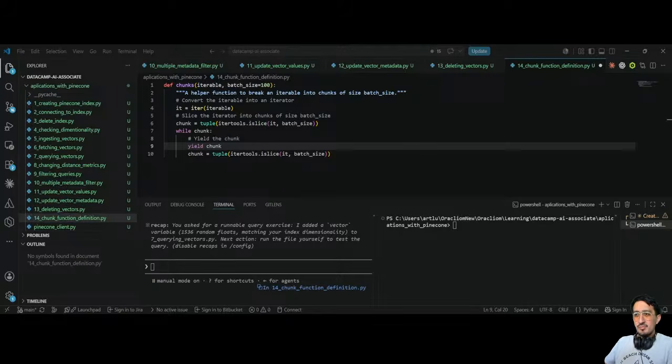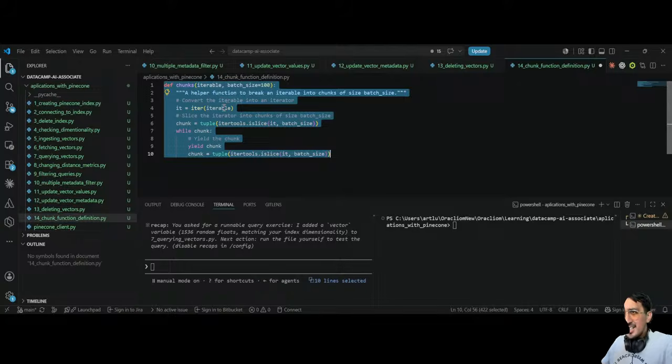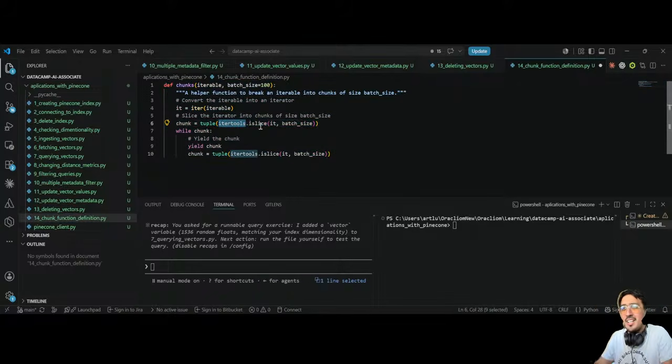So okay, first I'm converting to an iterator, and then this is converting an iterator into an list slicing. So, but